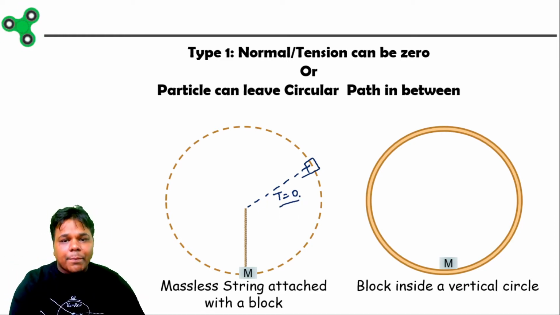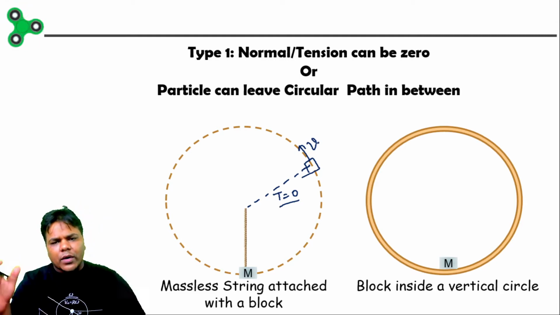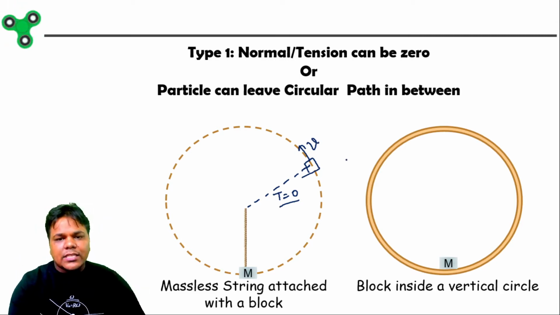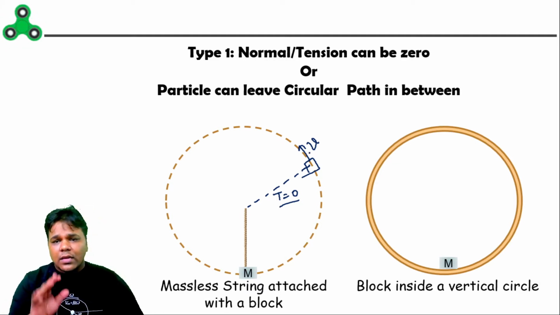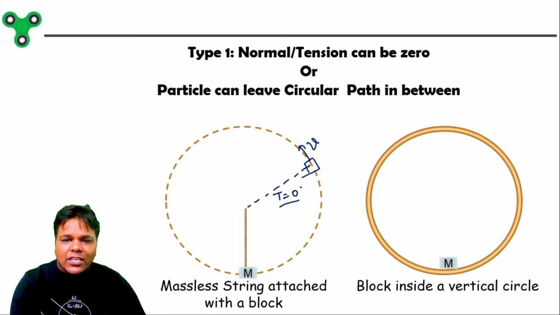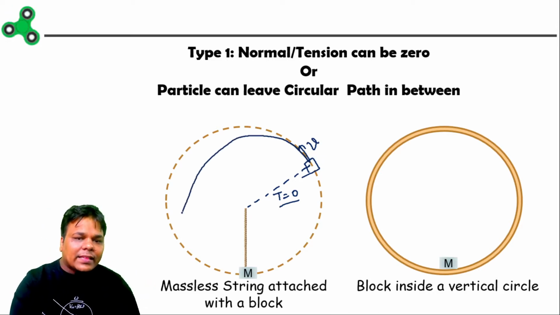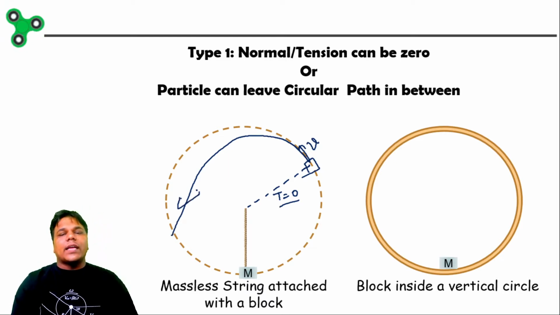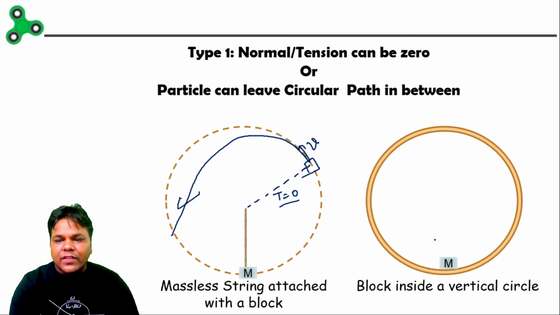But at that same point, the velocity of the block is not equal to zero. I'm going to teach you later how this process will achieve that tension is zero and why velocity is non-zero. But for example, let's just assume that tension is zero and velocity is not equal to zero. So after that, the block will jump like this, like a projectile from a tower. It's as simple as that. The same case happened with this block also.